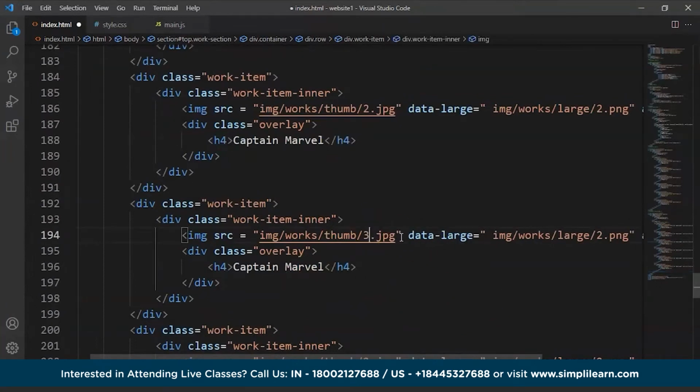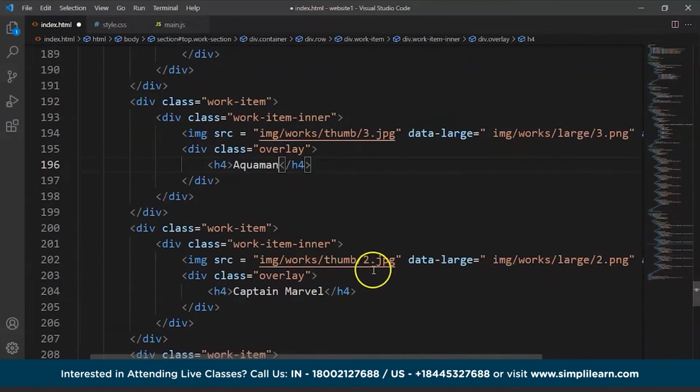Then we have 3.png and 3.jpg as the file name or as the image name. So instead of Captain Marvel, we have Aquaman. So we have movies from Marvel Universe and from DC Universe. I believe that you guys might be a fan of any of these universes. So let's move ahead, and instead of